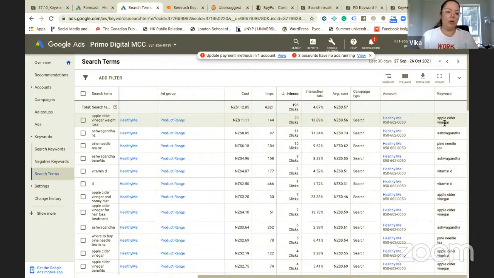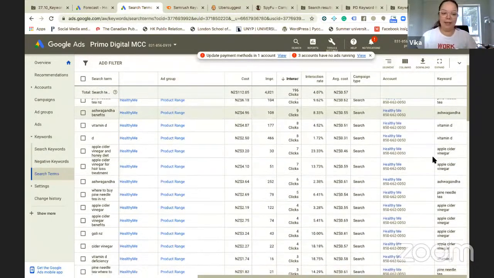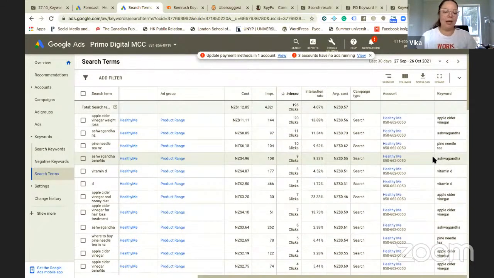But maybe we don't want anyone that has hair loss issues ever to come to our site and buy our apple cider vinegar for whatever reason. So what we can actually do is have hair as a negative keyword. Keep in mind, if there's only one click a month, it probably doesn't make much difference. But if there's a lot of clicks for things that you don't want to be showing up for and it's costing you a lot of money, that's the kind of stuff that you want to be adding into your negative